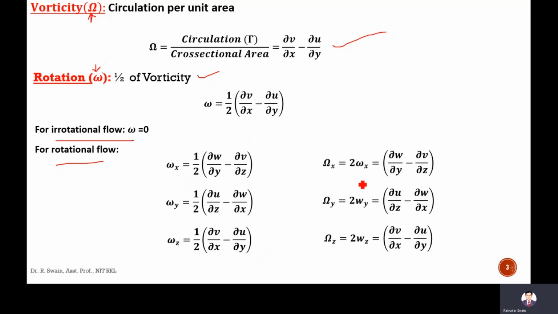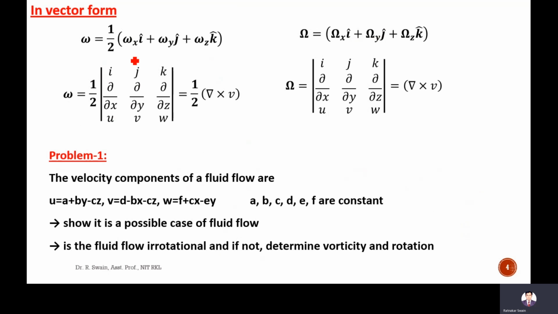Similarly, the vorticity, which is twice the rotation, will give you del w by del y minus del v by del z in the x direction. Similarly, you can remember it in the y direction and z direction. In vector form, you can write the rotation as half of wx i cap plus wy j cap plus wz k cap. So omega is half of, if you write it in matrix form, i j k, del by del x, del by del y,